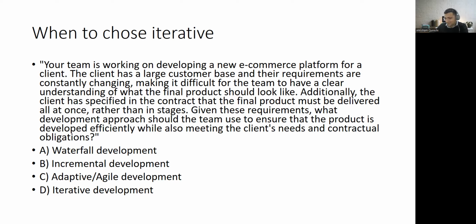Adaptive. Why? In adaptive, scope is not clear, and you want multiple deliveries. Yeah, iterative. Scope is clear or not clear? Scope is not clear, but you want one delivery. Yeah, one delivery. So you iterate. You plan to do rework. You iterate. So Hasib, is it clear?